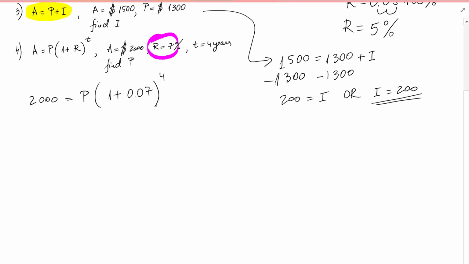Here, we don't know P, right? But we have on the right side some computations that we can do. So 2000 is on the left side, we do nothing to it, and then P times 1 plus 0.07. We do the parentheses first, right? PEMDAS, parentheses. So it's 1.07 to the fourth. Again, we don't do anything on the left side, but we can calculate 1.07 to the 4. And we copy all the decimals. So it's times